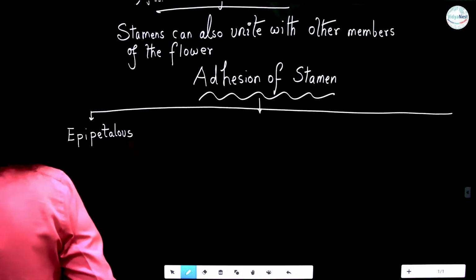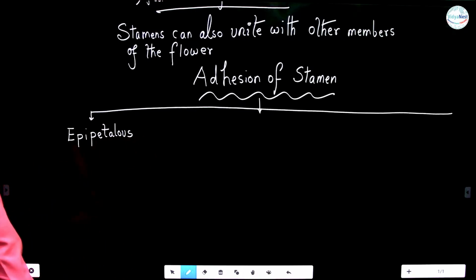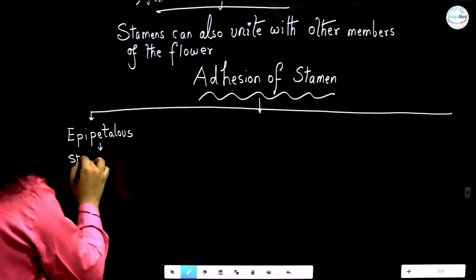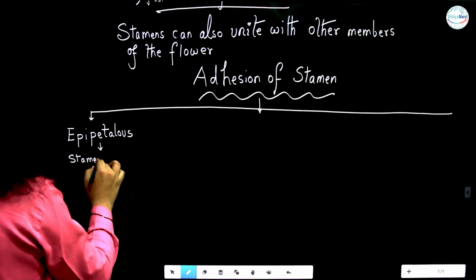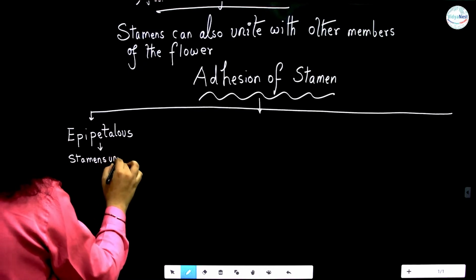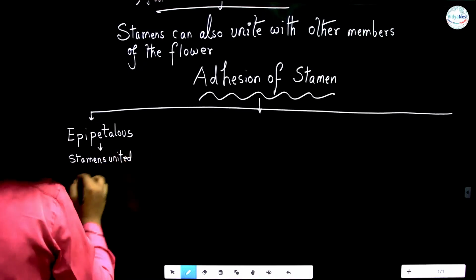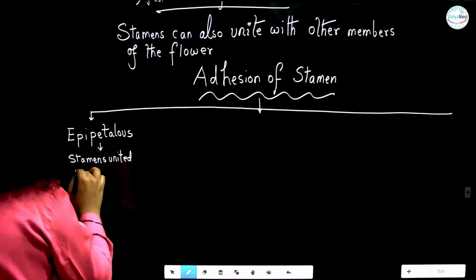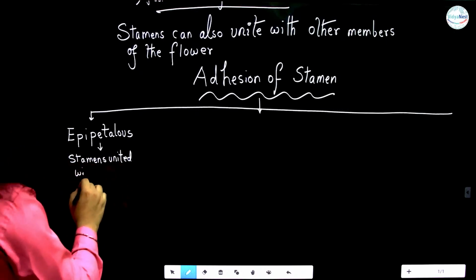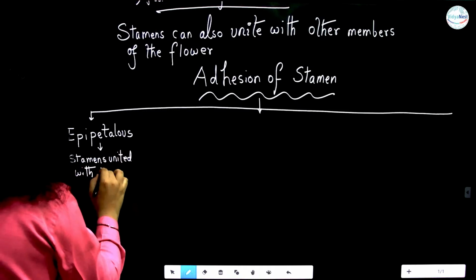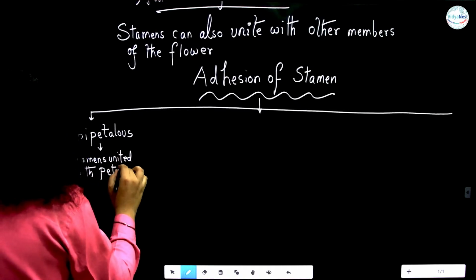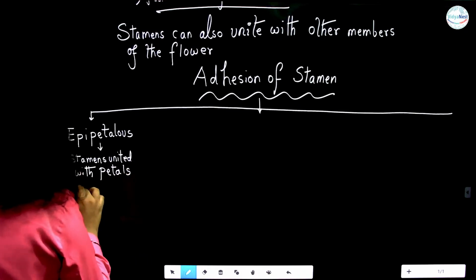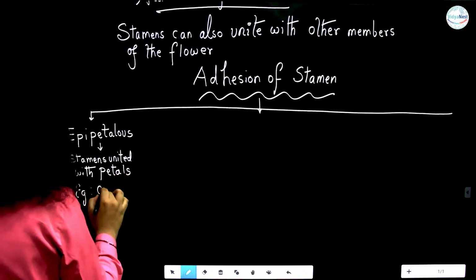Now, in case of epipetalous, when stamens are united with the petals, here we see stamens united with petal. And one of the examples again over here is China rose,